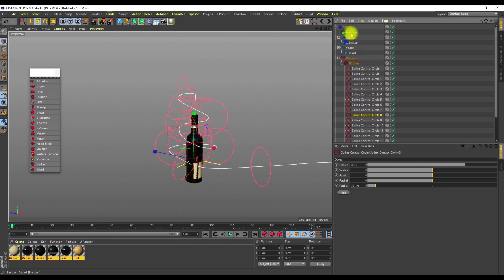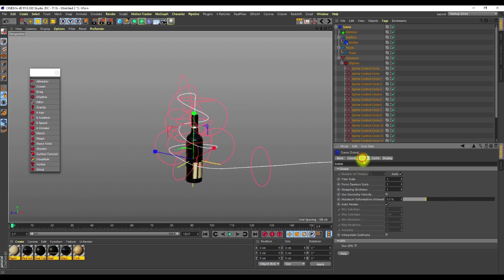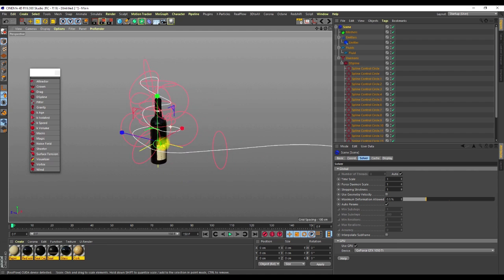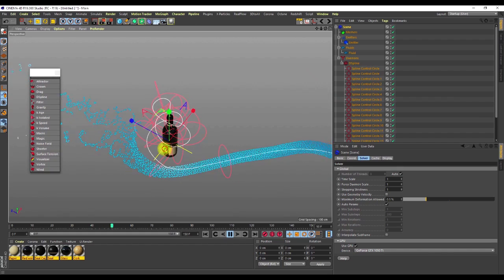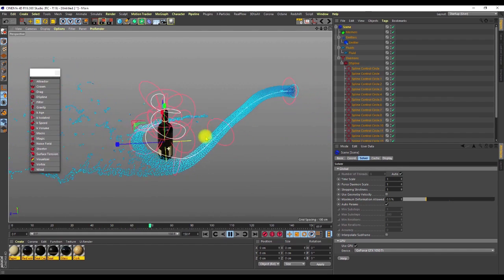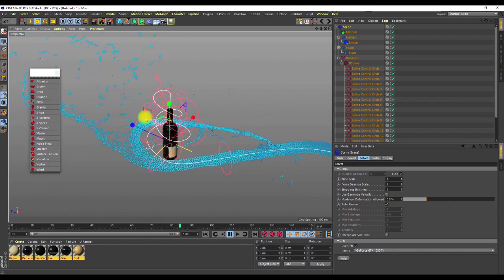What I'm going to do is go to the scene, go to my solver, and activate my GPU, so that's kind of faster than the normal CPU rendering. If you don't use GPU, that doesn't mean it can't still go. Okay, so we have that, but now the issue is it's trying to go,